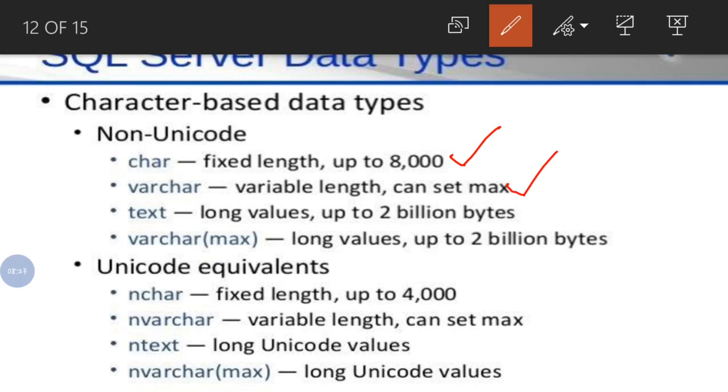For example, if I assign 50 characters for this char data type and I have stored only 10 characters in that data type, then the remaining 40 will be wasted. This char data type will allot the 50 for those 10 characters. It will assign the 50 character space. The remaining 40 character space is wasted, and we cannot use that.